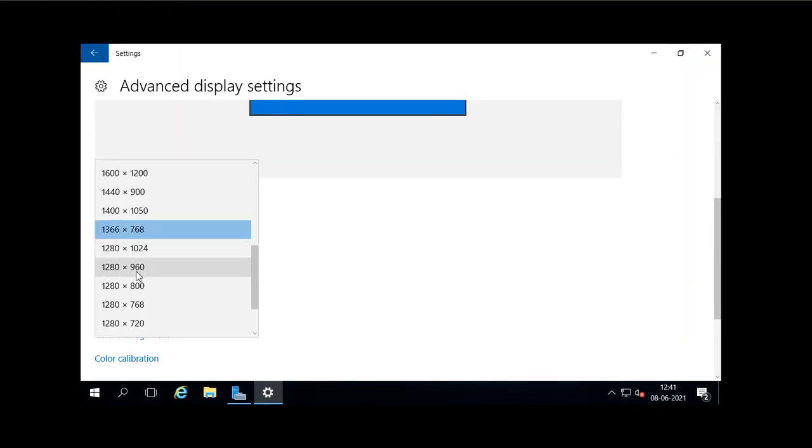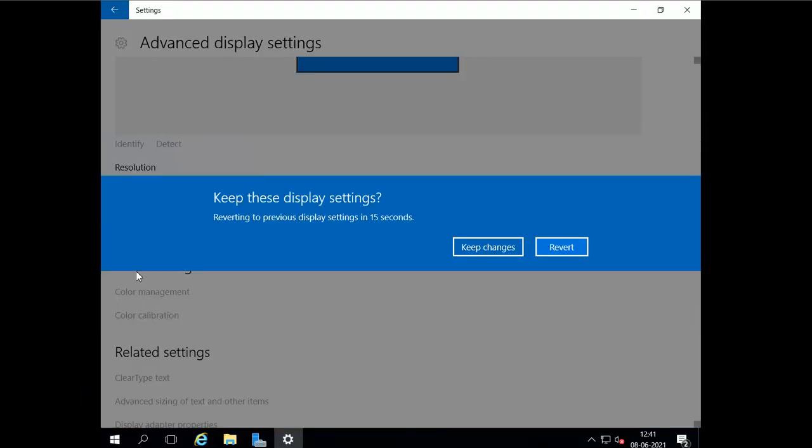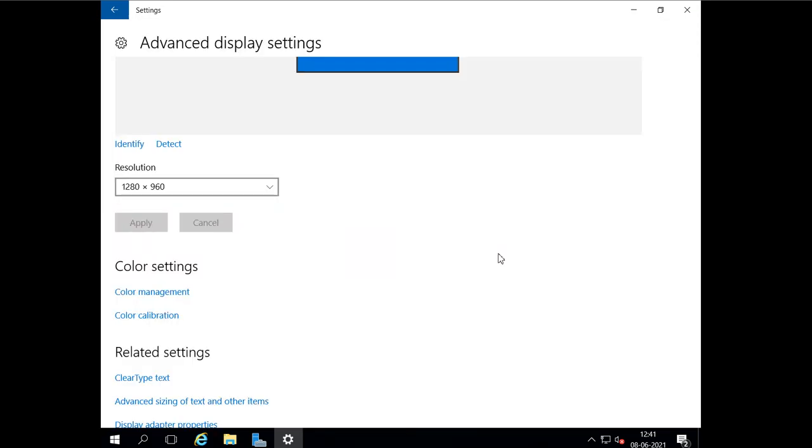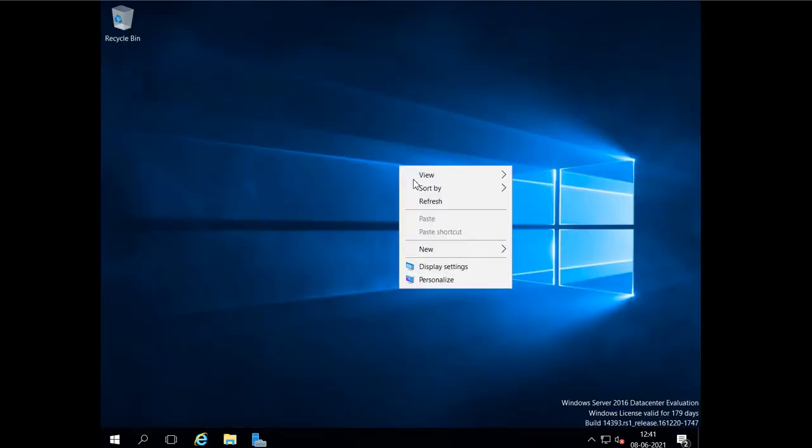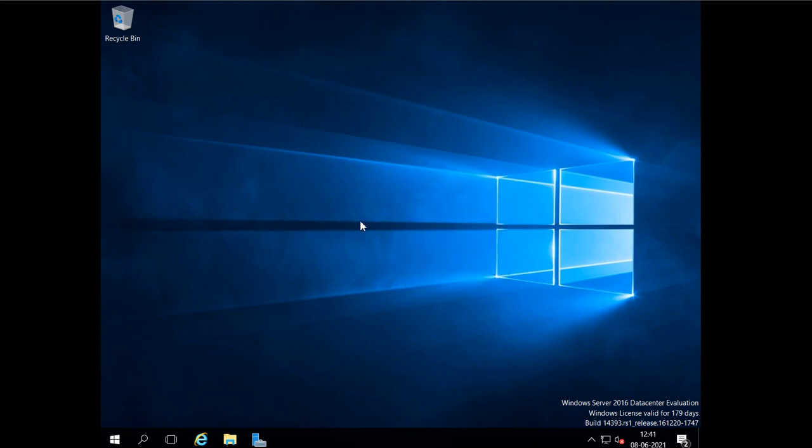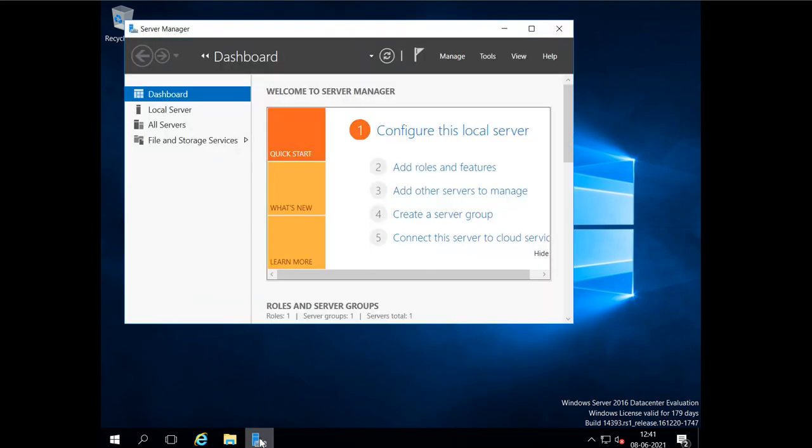Okay, this is good. So this is our server and it is ready. And this is our desktop experience. This is our GUI desktop version of Windows Server 2016.